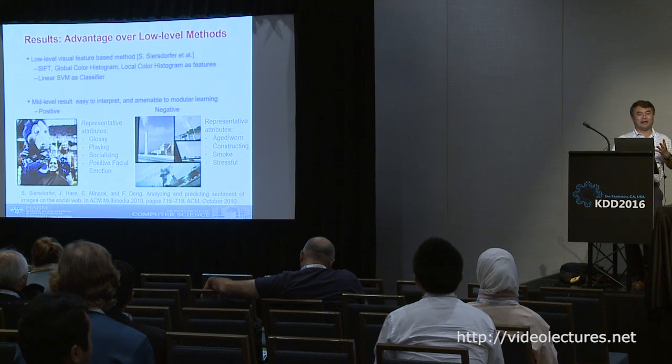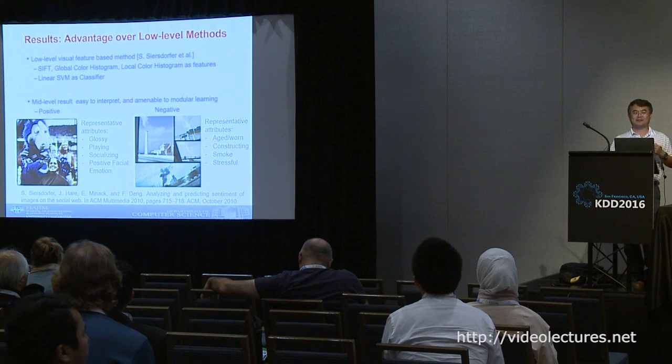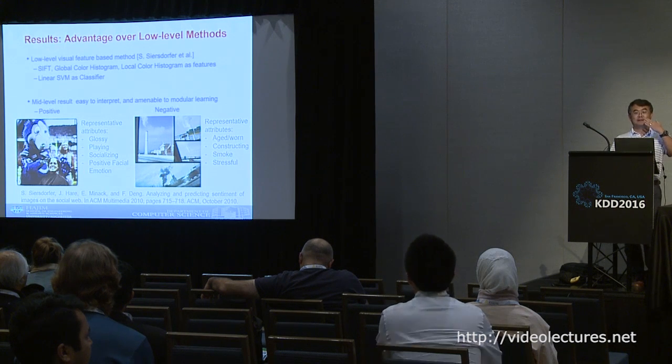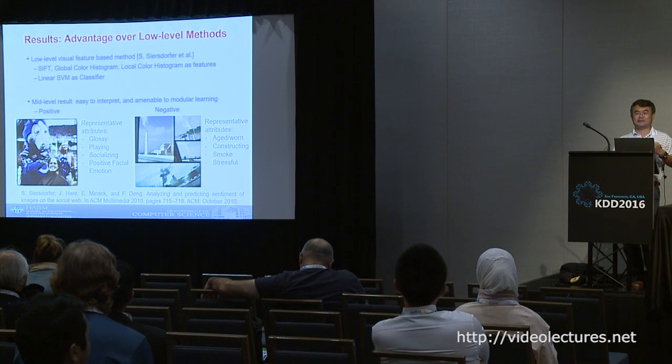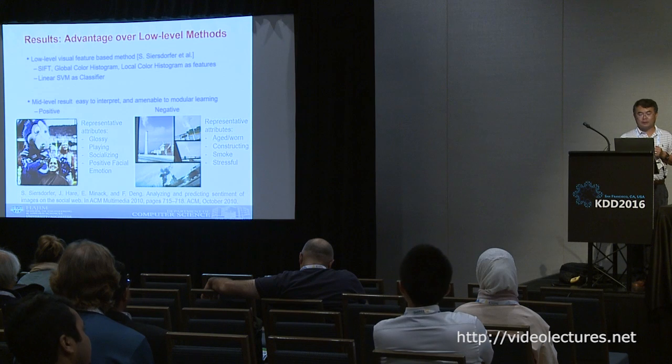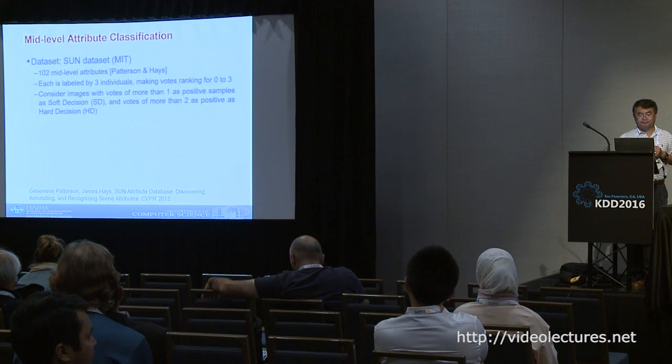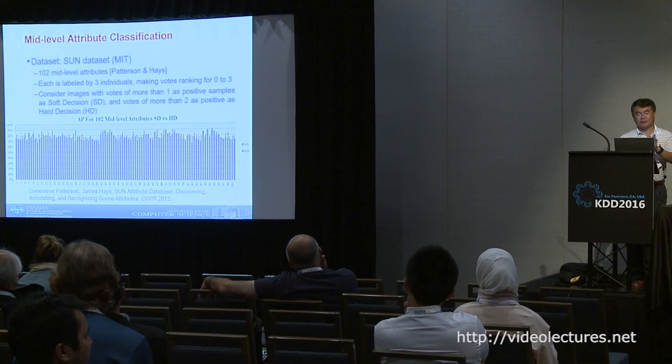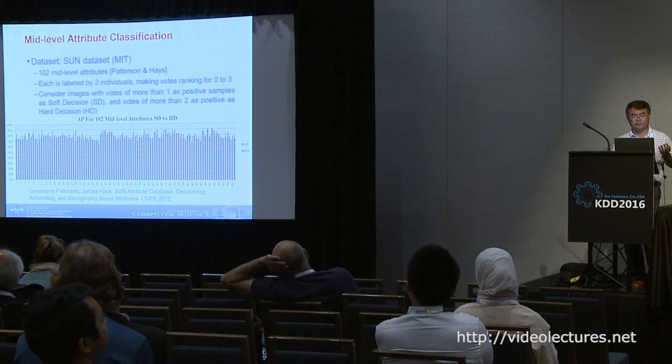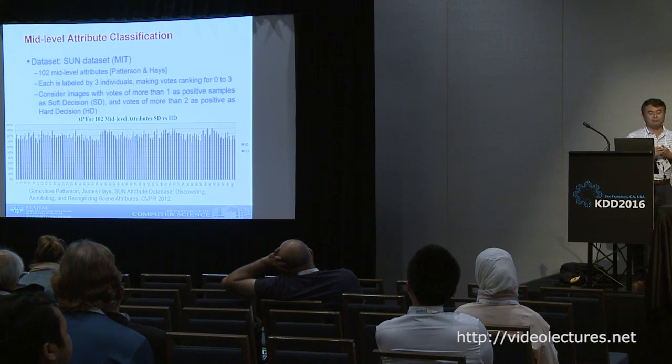Guess what accuracy we achieved? We achieved 61%. This is not the first time I've mentioned 61%. It doesn't sound like much, except you have to remember the NLP tool did 61%, and this is actually not the state of the art in computer vision. So it already matched NLP, and we were quite encouraged. I'm going to skip the details about how you calculate visual attributes. There are actually 102 of them.